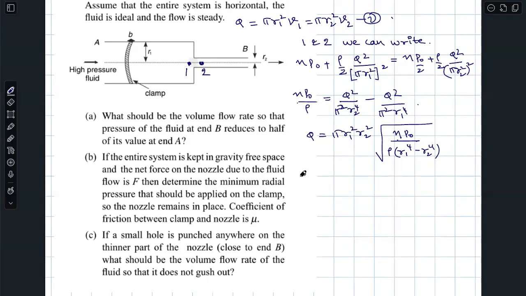So you are applying a pressure force PA in this direction, and what stops this is the friction leftwards. This is on the system externally. Again this is the friction. So P into A is mu into N, normal reaction. So what do you want? N is nothing but